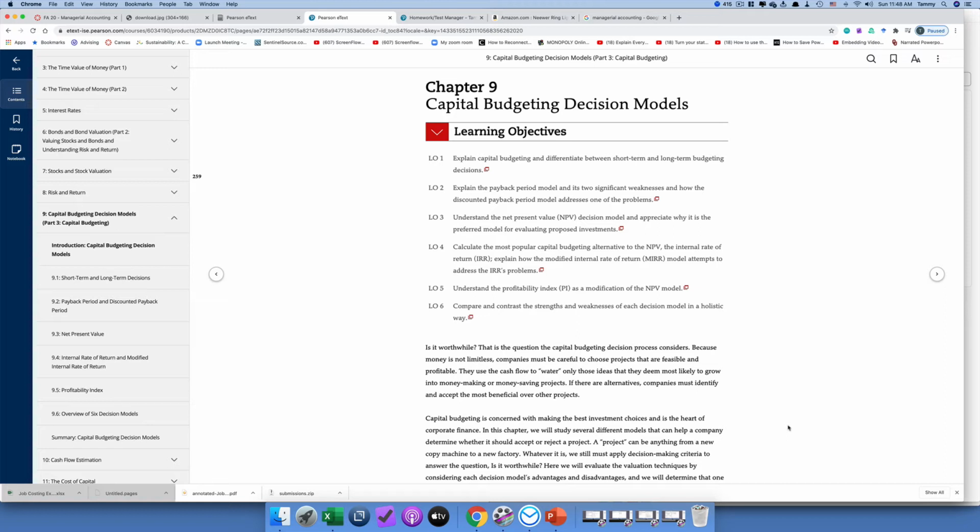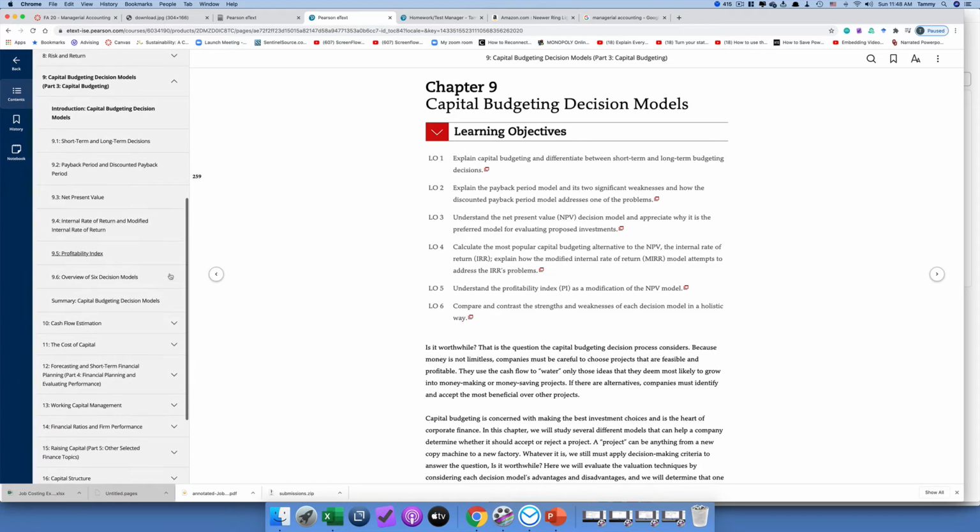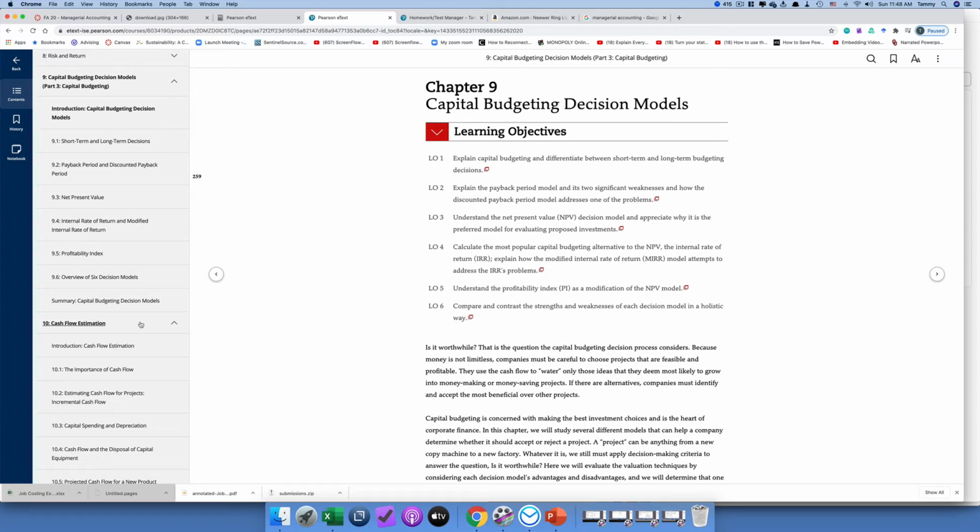And so this module really is 2 chapters in one. It's chapter 9 and chapter 10. And what I want to do first is kind of go through an overview of the contents of those 2 chapters and how they go together. I mean, I understand that a textbook company needs to break material somehow, right? And so what they did was they made one chapter about analytic models for how to assess an investment, how to determine